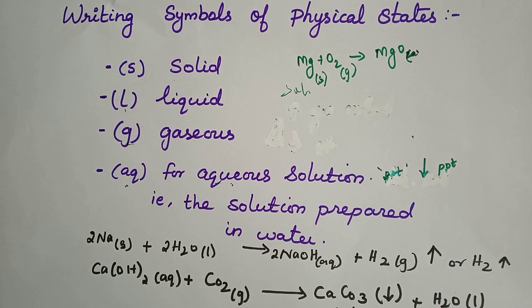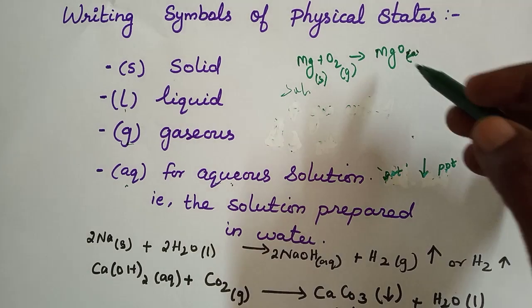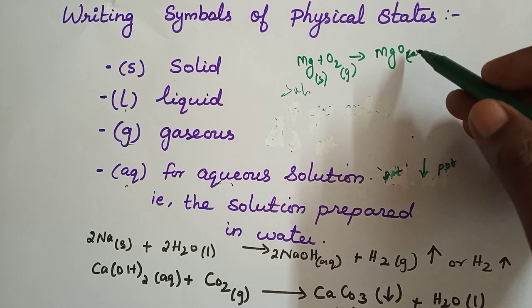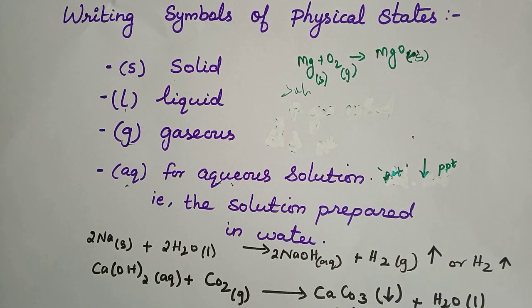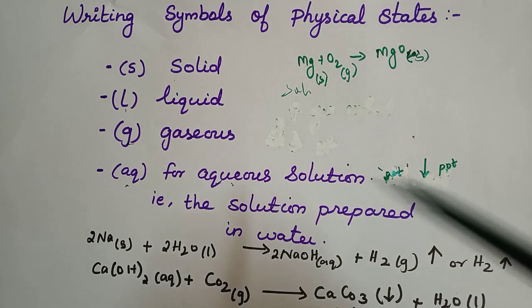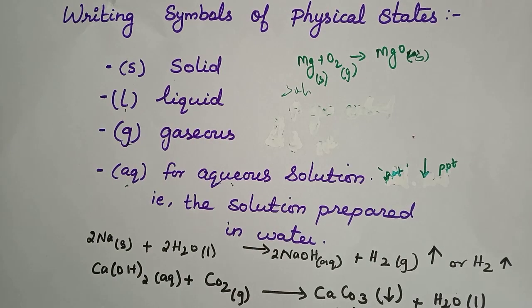Okay, good. So magnesium oxide: we get Mg plus O2, and it is in solid form only, not liquid form. Magnesium oxide is a white colored ash, no? So we can write the symbols of physical states with the help of the state symbols. Understood? Okay. Sometimes a gas is evolved in certain equations. What can we do?